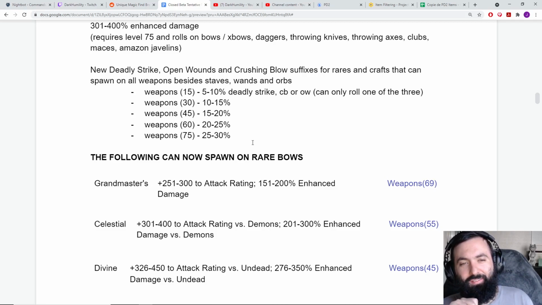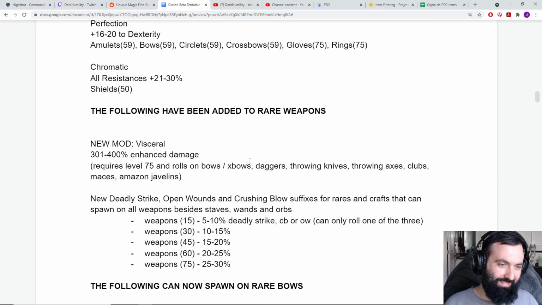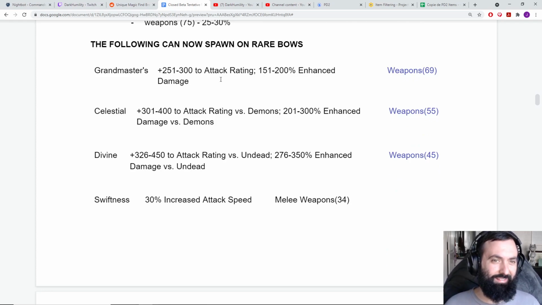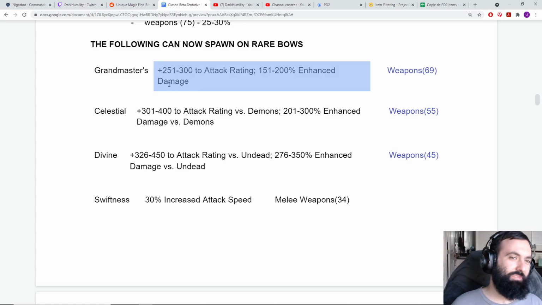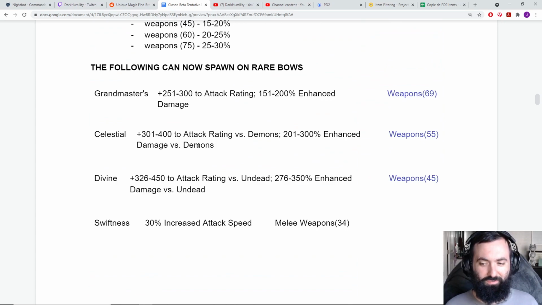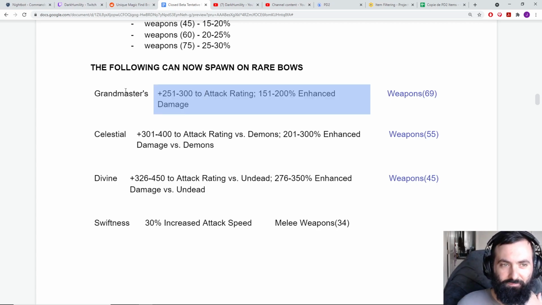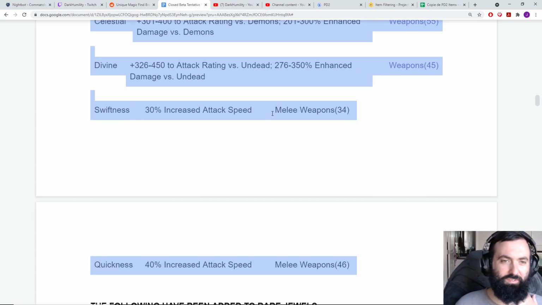Wow. You can even get those spawning on rares too, like Deadly Strike and Visceral. Okay, so they're really trying to make picking up these rare weapons actually worth it, and I think this is the way to do it. Because you really need those kinds of damage modifiers on these items to make them compete with rune words, and you could reasonably expect to find ones that can compete with rune words in some cases. So this is definitely going to favor a lot of players that like to pick up everything. But even if you don't...